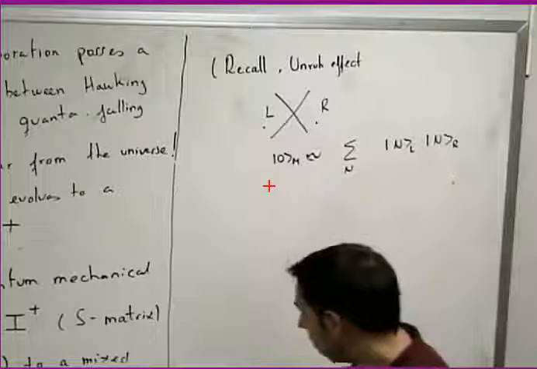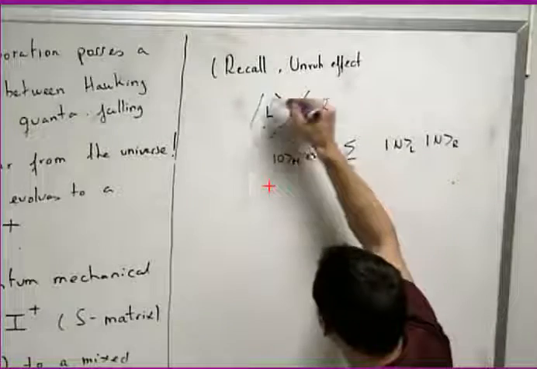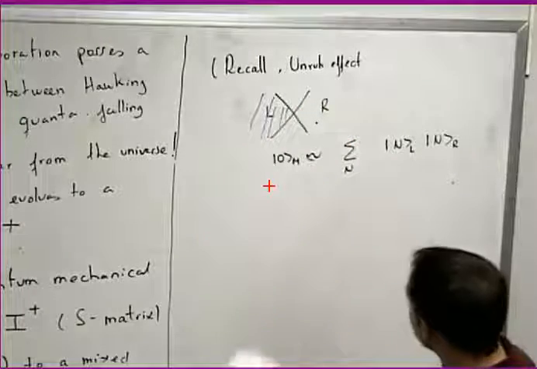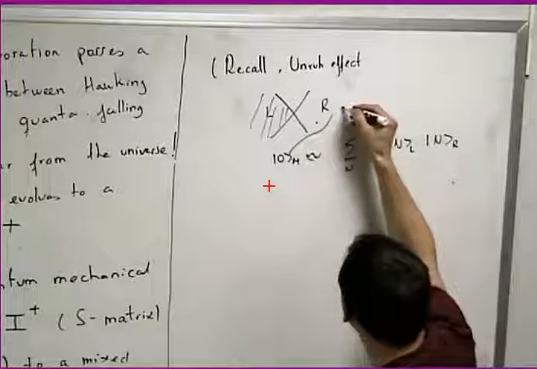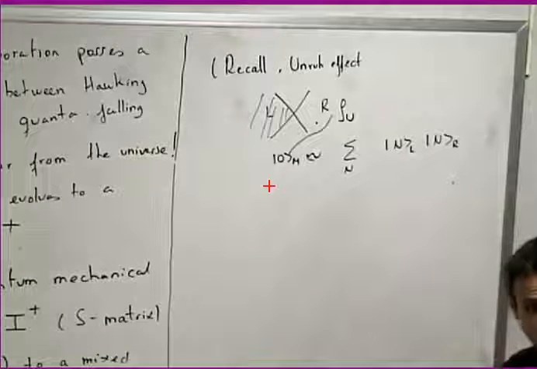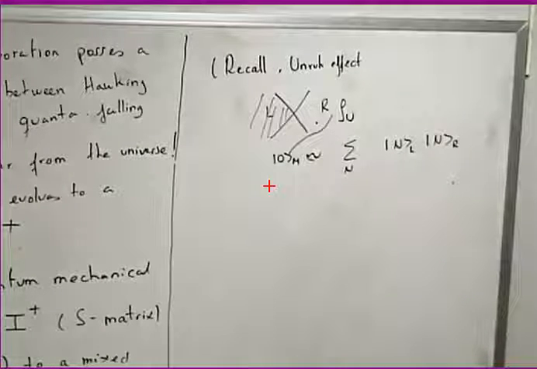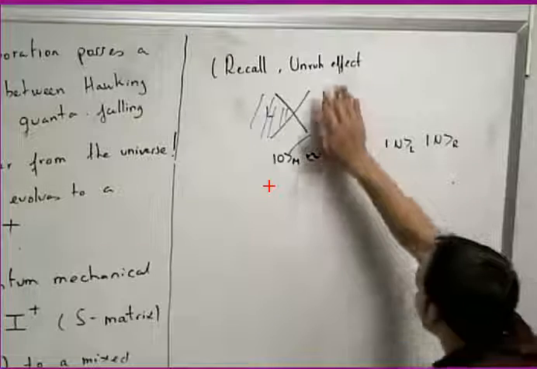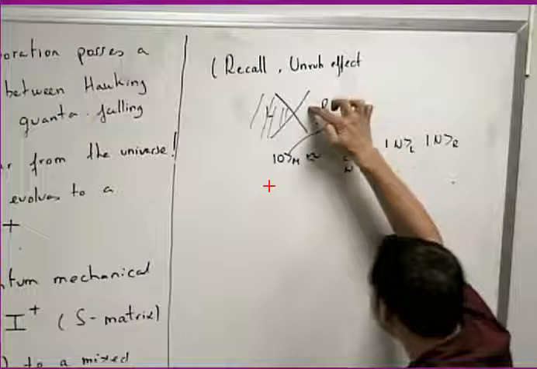Of course, if we trace out the information here, if we forget about what happens here, this Minkowski vacuum looks like a thermal density matrix in the right Rindler wedge. And I was asking you, is that a loss of information? Of course not, because you are just looking at part of the system. The information is between this guy and this guy.